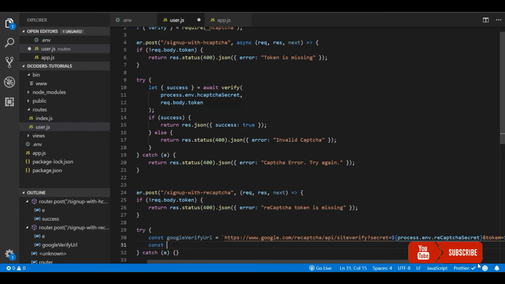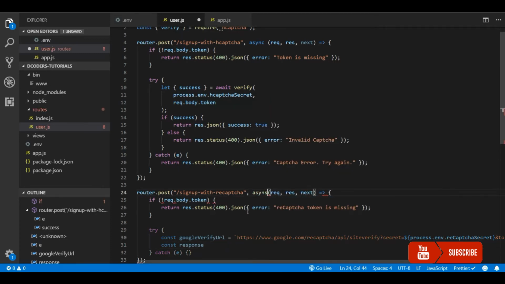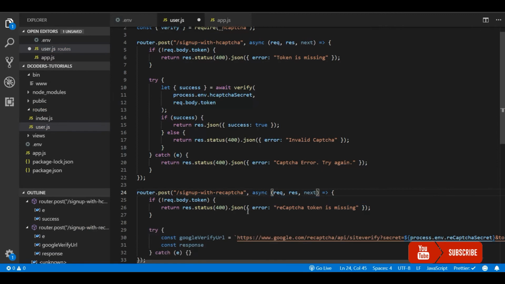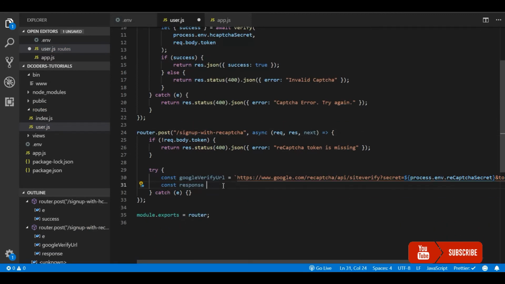If success is true, then this token is valid, and this will be valid only for one-time verification. If you are calling it a second time, it will again throw an error. So every time you get a response from the Google server, you need to reset the token, if something goes wrong on your side of the application logic.